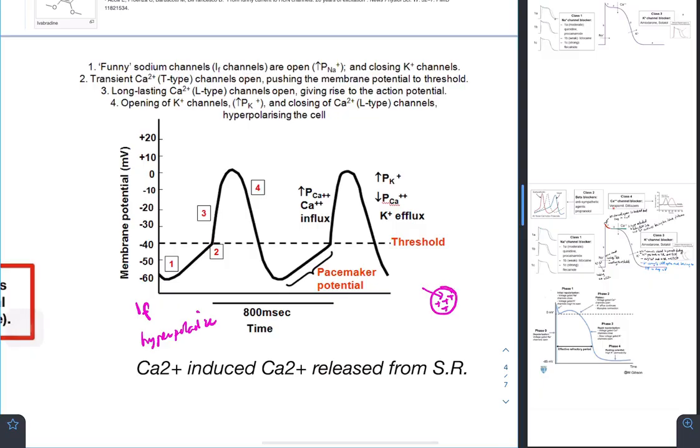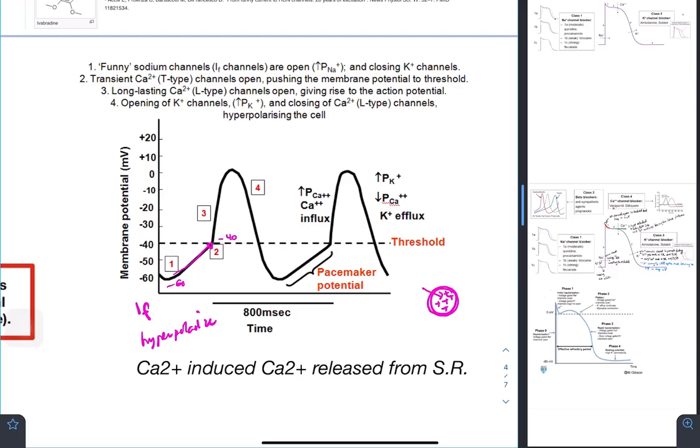It will also close the potassium channels to prevent potassium from leaking out. So this will make it even more positive. At the same time, as the membrane potential rises from minus 60 millivolts to minus 40 millivolts,